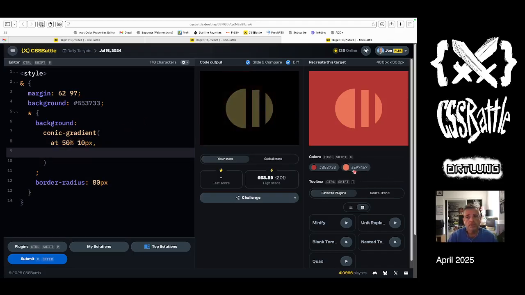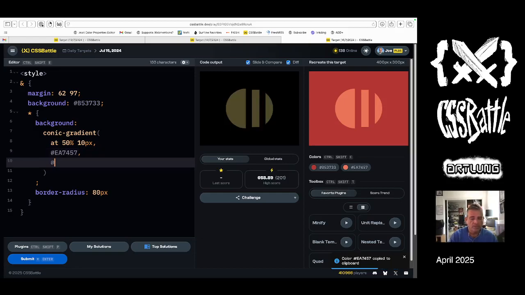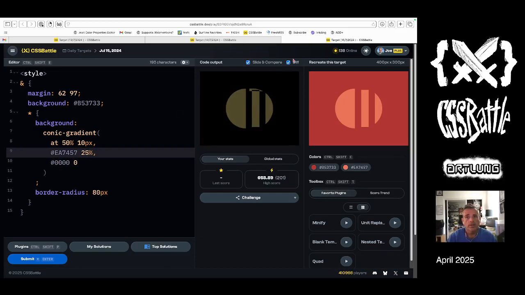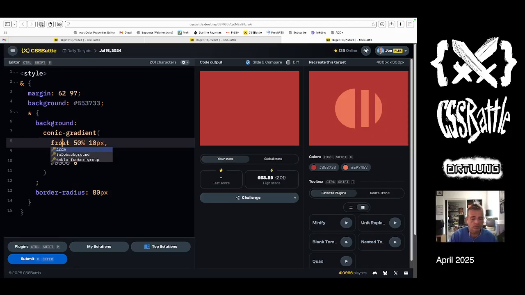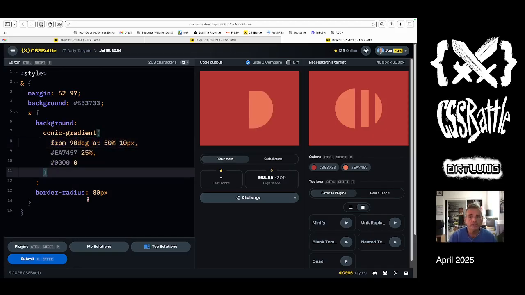And then it's gonna be this color, and then it's gonna be transparent. Actually, it's going to be from 90 degrees. There we go. Okay, so now we need to set the stage here, and let's do 0, 0, and then